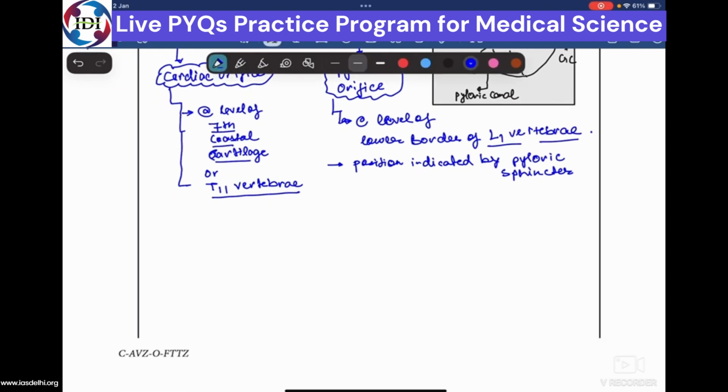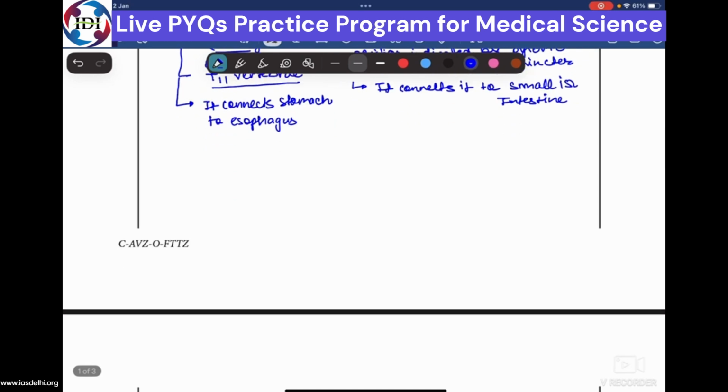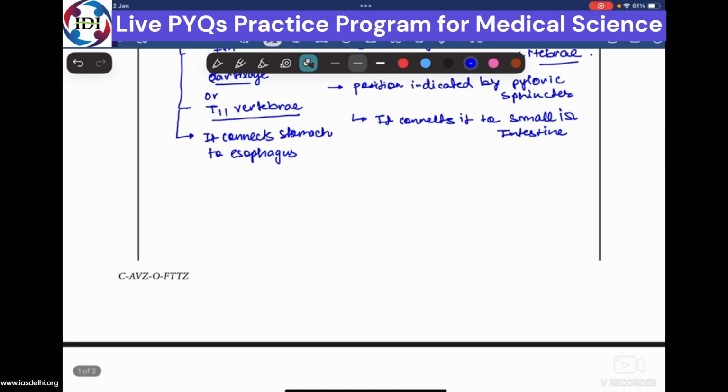Now you just have to mention one other thing. It connects stomach to esophagus. Here it connects it to small intestine. We can write it here only. Now, as you can see, I have done something very subtle. For example,